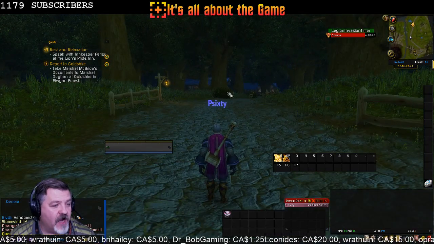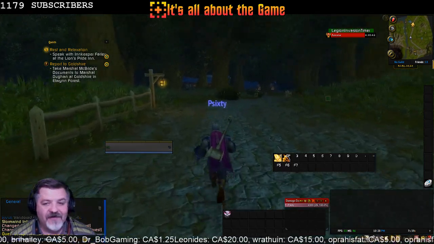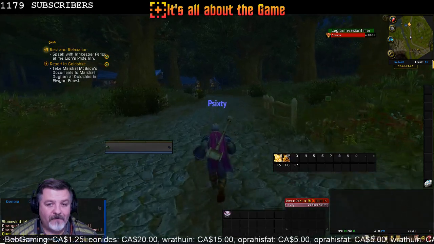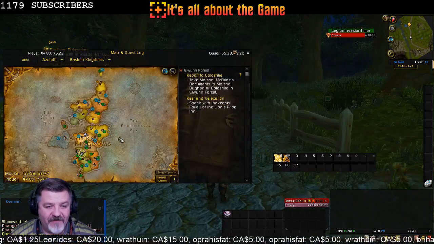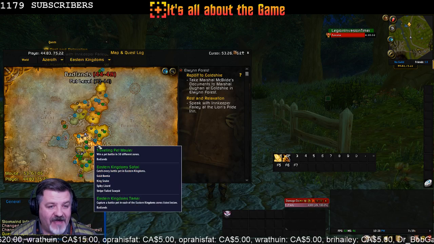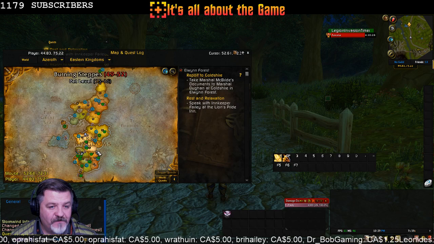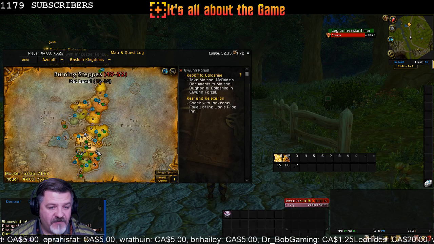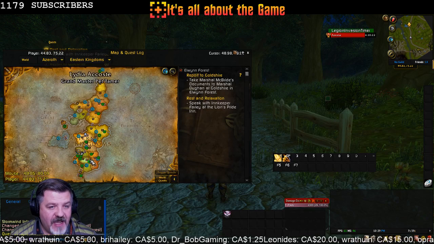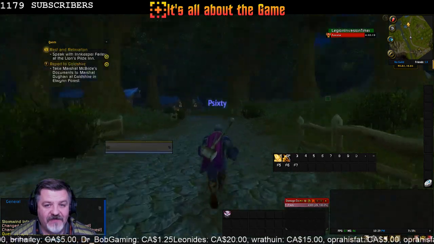You ran from Loch Modan to Sentinel Hill, dying my way there. That's a pretty good run. Running from Loch Modan, you'd have to get through the Badlands, which is hard enough. And then you're into the Burning Steppes, which is ridiculous. And then you got to run through Redridge. And then you're running through Duskwood. And then finally you get to...